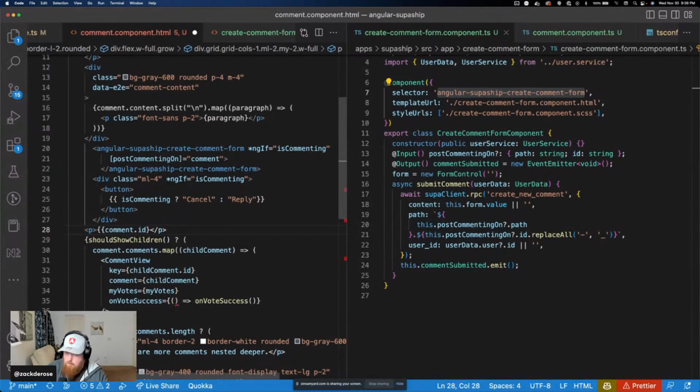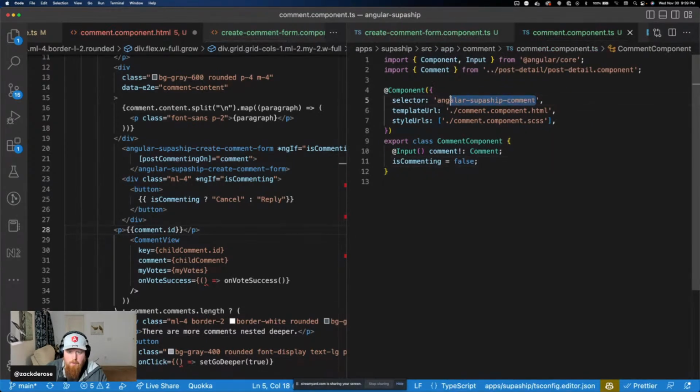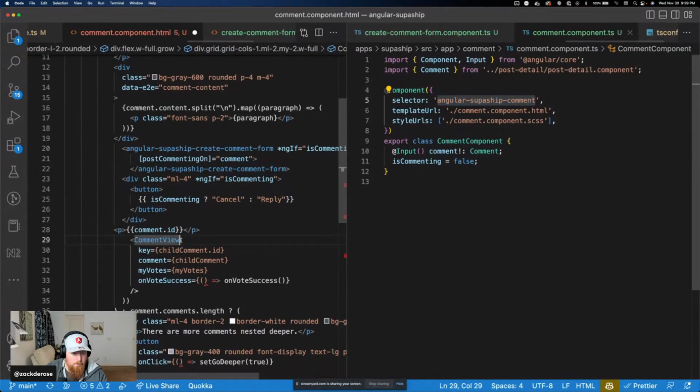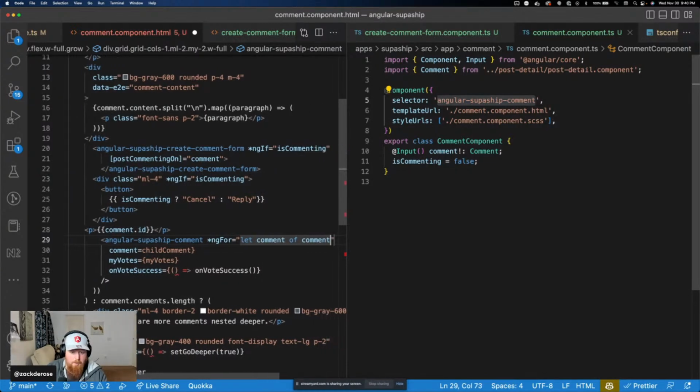Double brace. Then should show children. So this is where we recurse. So this is where instead of the comment view, we're going to grab our selector for the comment and do it for each one of the children. So we'll say paste. We can get rid of the key because we're not in React anymore. We can say comment. Well, this needs to be ngFor equals let comment of comment dot comments,